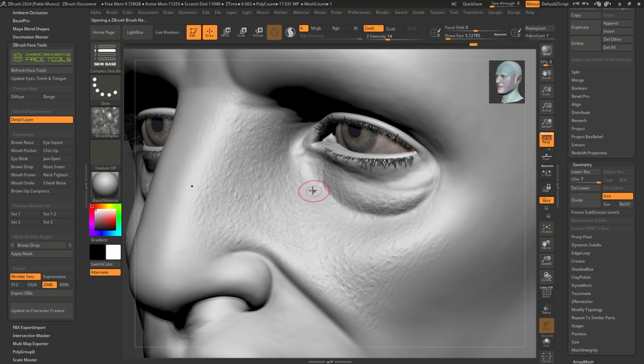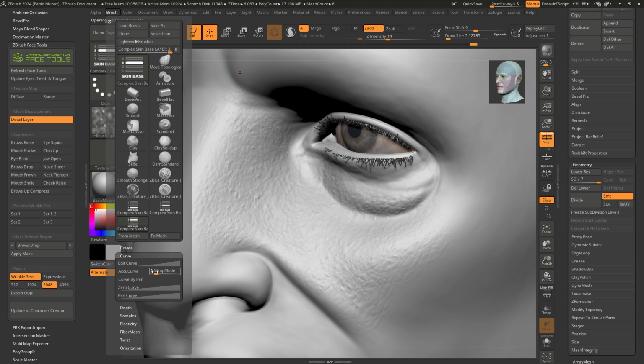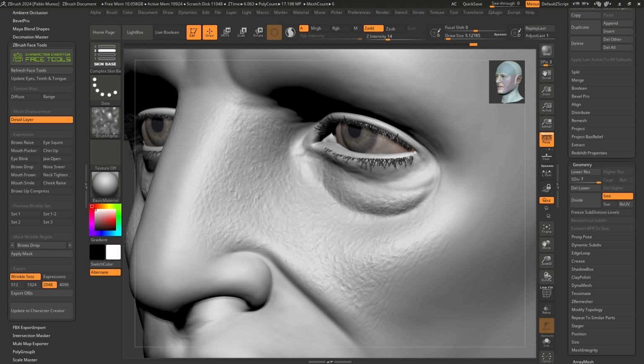And by the way, you don't have to use this at all. This is purely a simple way of getting to this point quickly. Let's go ahead and set this to 0 as well. So this is adding tiny bumps. But if you don't want to use these brushes, you can do the same thing with the standard brush, and I'll show you in just a second. But this is the main thing, right?